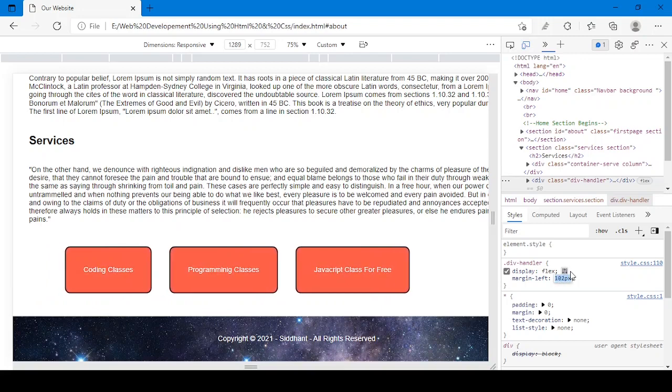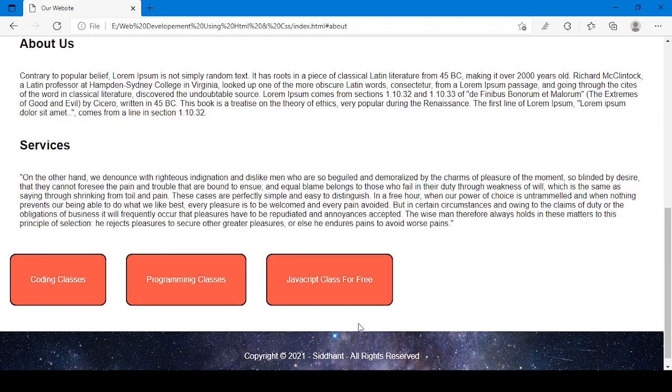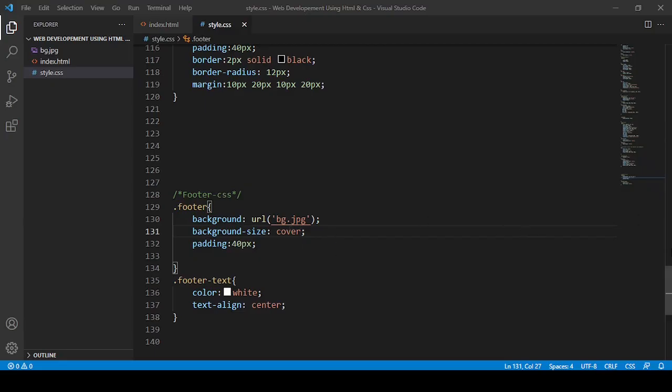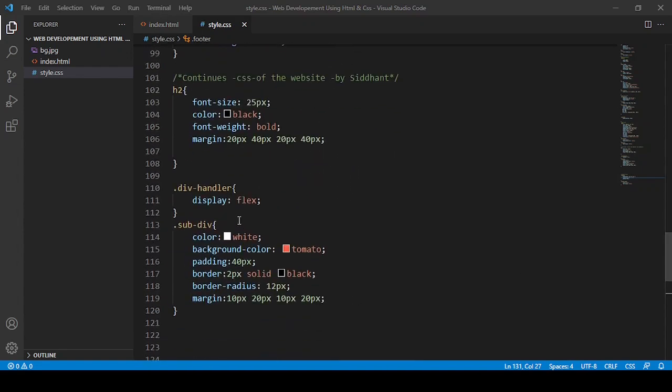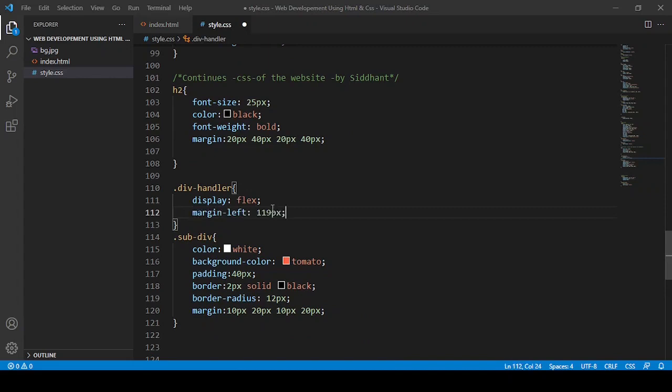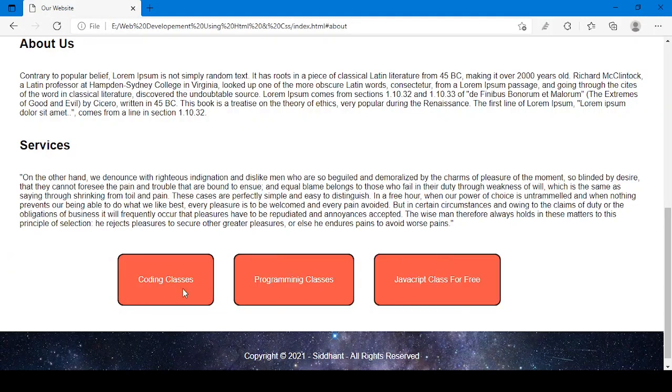So from here you can control everything, okay. So here I think I should give margin this much, yeah, this much. Let me copy it. Now here you can see this much, no worries. In this one I'm going to paste it, and instead of that I'm going to write 2, and I'm going to reload this one, see now.